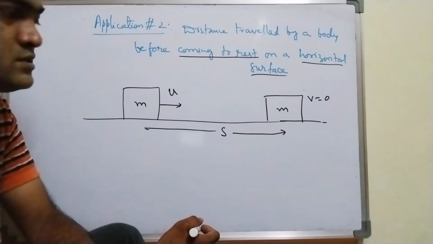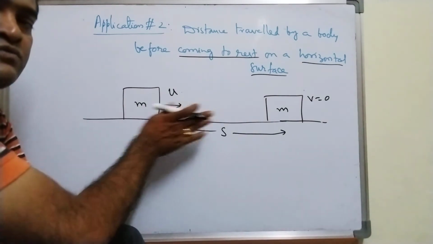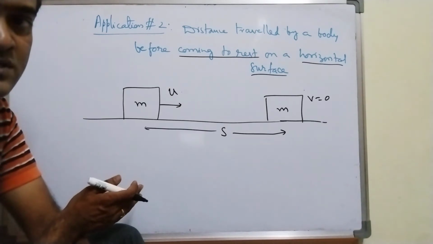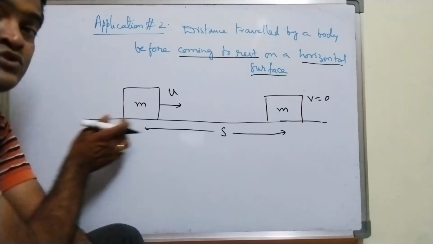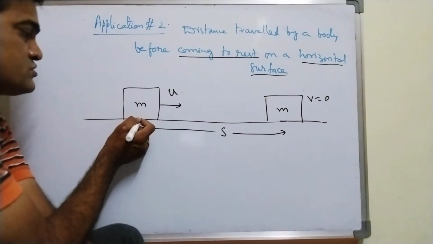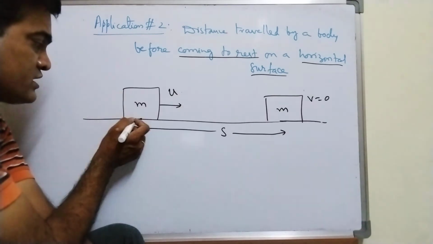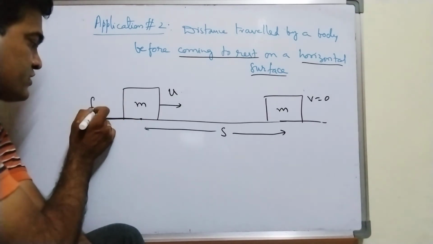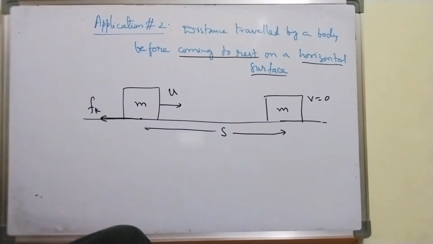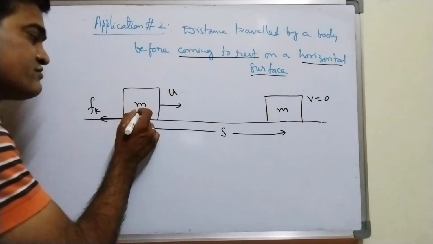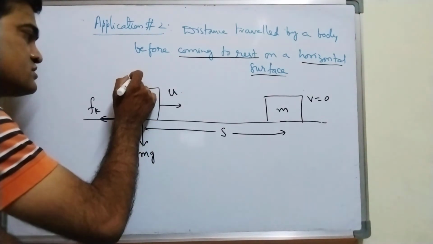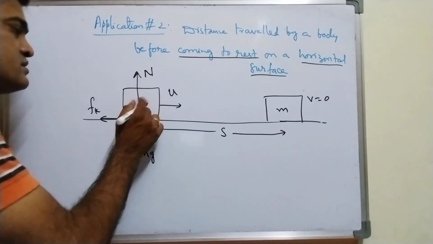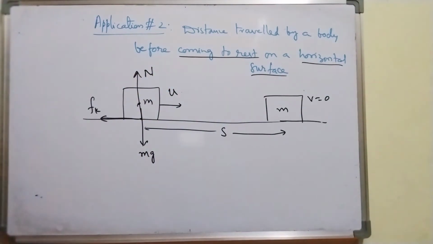Final velocity is 0. Now when the block is moving towards the right, the frictional force should act opposite in direction to the direction of relative motion between the surfaces in contact. Always remember, you have to say relative motion. Frictional force Fk, because the block is in motion. The weight of the block acts vertically downwards, and this is the normal force.